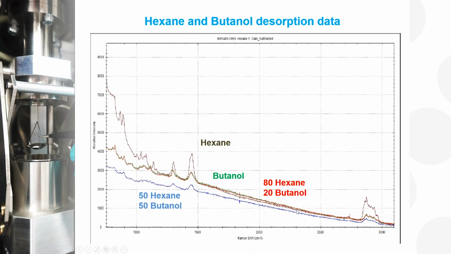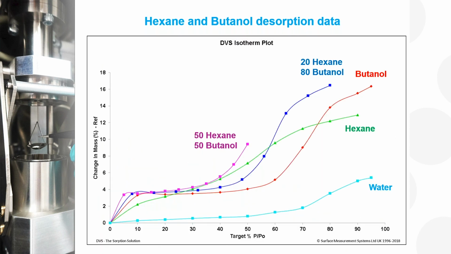slightly below that. So whenever we introduce any percentage of butanol, the Raman and the DVS data basically confirm that butanol is the factor that absorbs the most on the sample. It affects the most the isotherm shape, and it affects the most the Raman data itself. So from a point of view of predicting what solvent is actually on the surface of the sample, when we are in a 50-50 mixture, we can probably predict that most of the sample is actually covered by butanol rather than